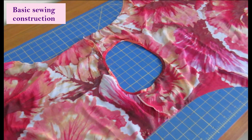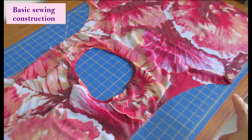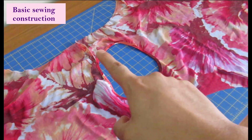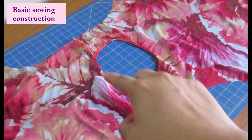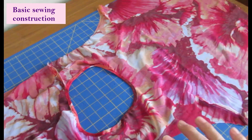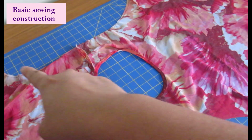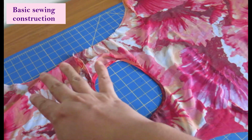Some basic steps done already. I stay stitched the neckline and also the armholes. Armholes are quite big, so that's been stabilized. I've done the shoulder seams. I have basted on my bias tape around the neckline so I can finish that before I tackle the sleeves. I have bust darts there that I've also added to the pattern. So originally this pattern has no darts. All this piece here is the armhole extended, and the sleeve that is all gathered in this area will be